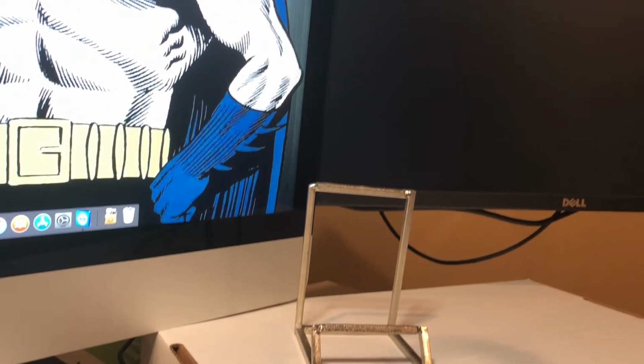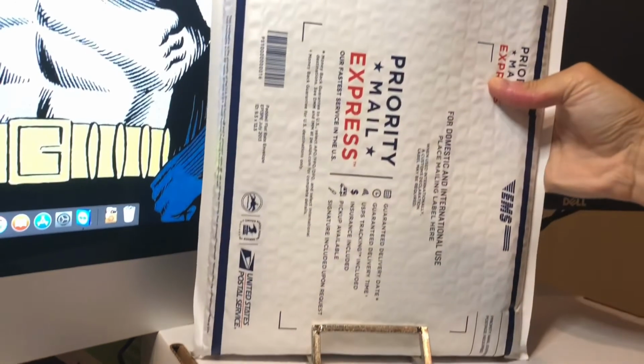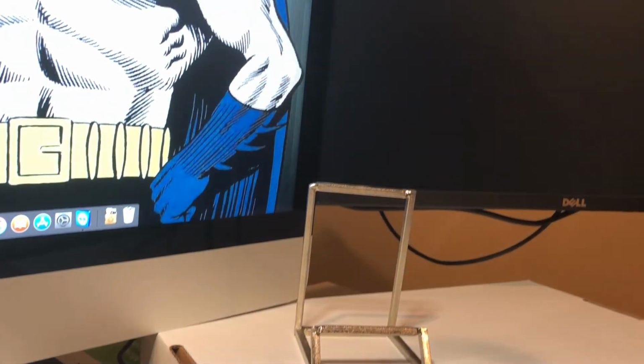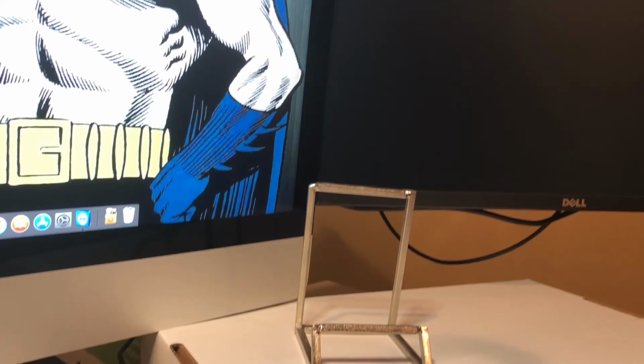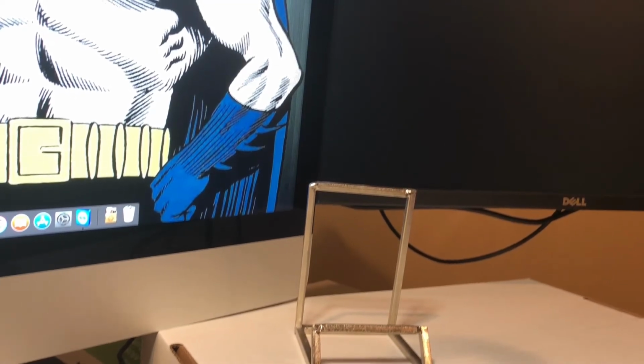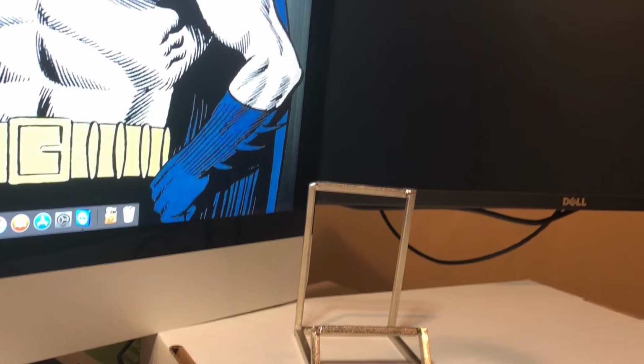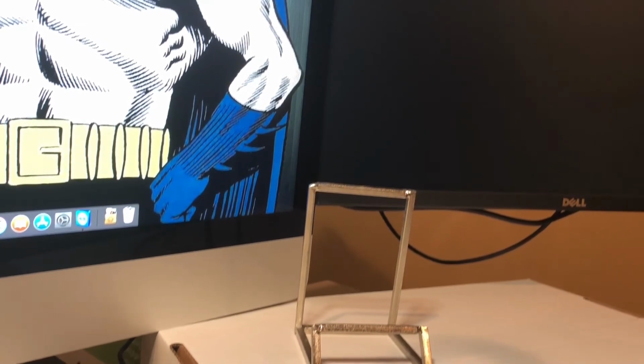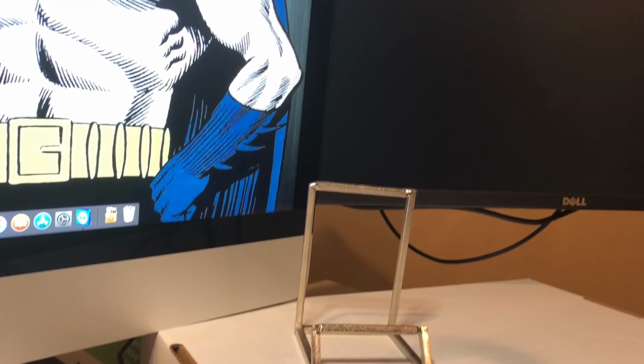Oh, and now we have not only a UPS mailer, but a USPS mailer inside as well. So this guy went a little crazy, which I don't mind. He used the painter's tape, which is awesome. I hate regular tape with a passion. So painter's tape is really easy to get off. So here we go. Classic